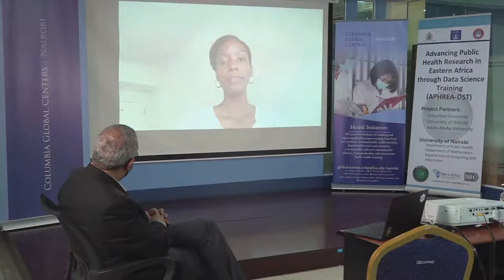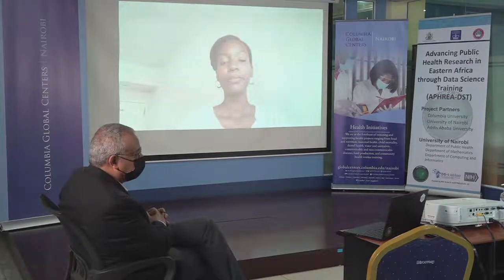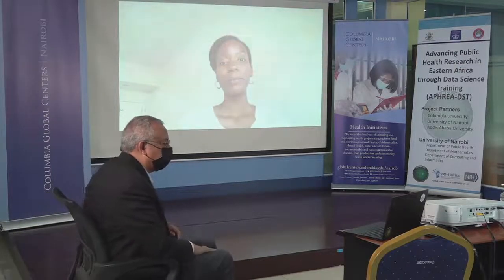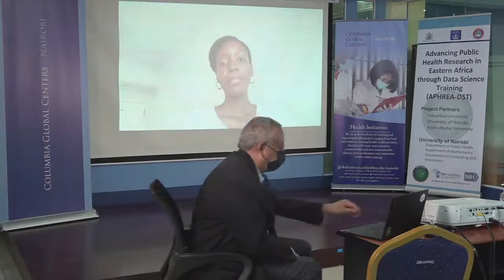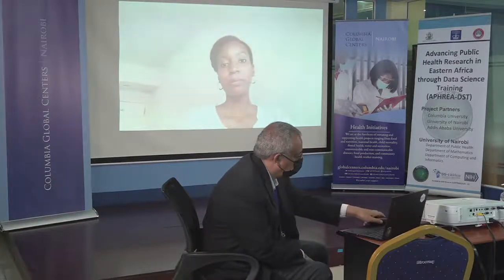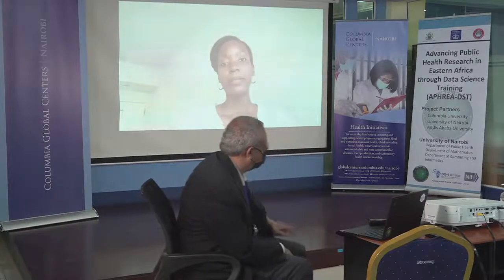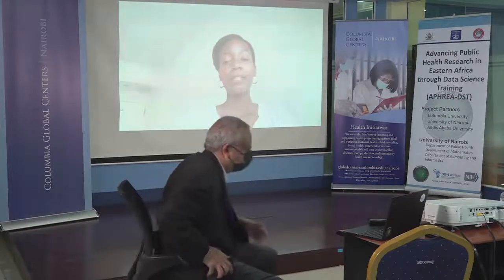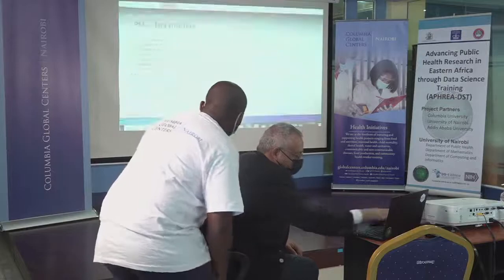The overall goal of this analysis was to use short-term measurements of PM2.5 and use those in combination with other sources of information to predict long-term exposure to PM2.5 for study participants, which included mothers and their children. So now let's look at what data we had available to get started. So in terms of